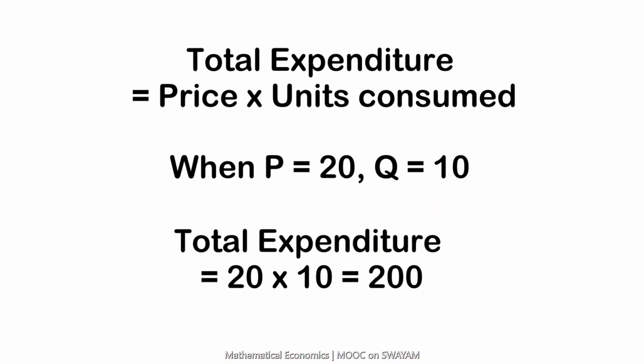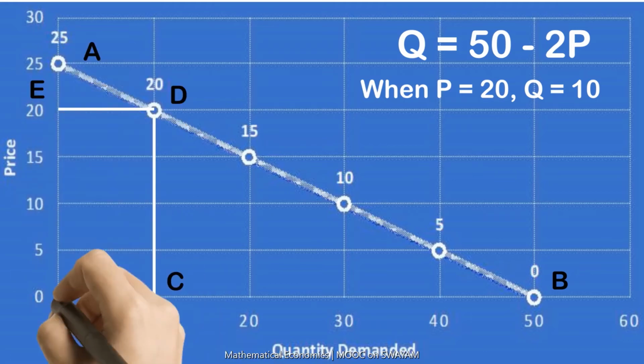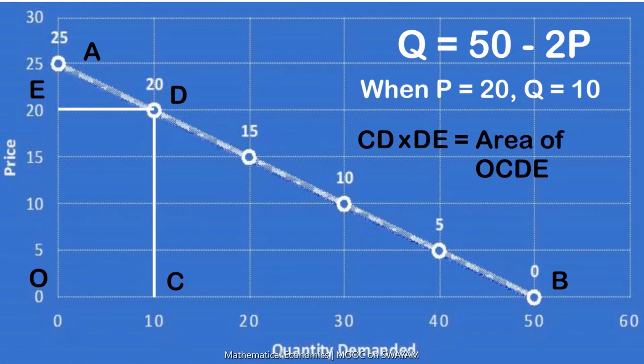Therefore, the total expenditure is rupees 200. Now look at the graph. The quantity you demanded is 10, which is the line CD, and the market price is rupees 20, which is the line DE. If you multiply them, you get the area of the rectangle OEDC,